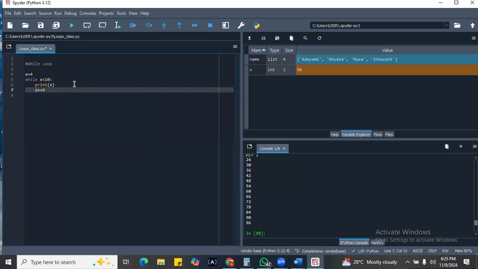So in this case, we want to say that this plus equals adds this value 4 to our originally assigned variable. So let us run this and see what it does. So we have 4 and 8. So what happens is that